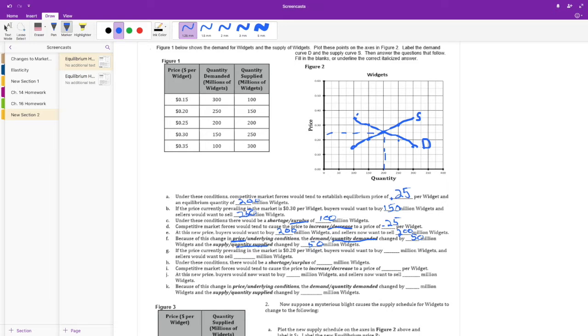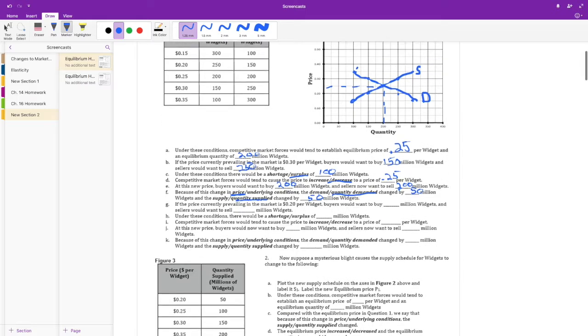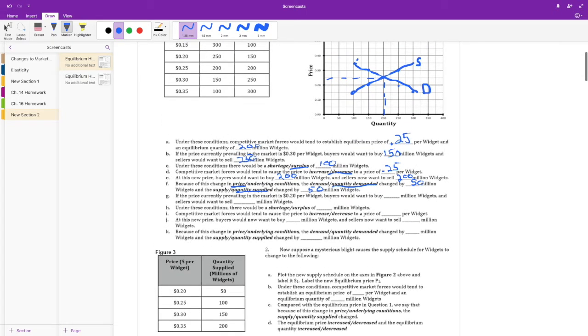Now, in figure 2, it asks you to graph a new supply curve, okay? So here's my new supply curve down here. It says, now suppose a mysterious blight causes the supply schedule for widgets to change. So here is my new supply schedule, and I'm just going to plot these points now. So at 20 cents, it's 50. I'm going to label this one S1. I'm going to draw an arrow indicating the movement, and I'm going to go ahead and highlight my new equilibrium